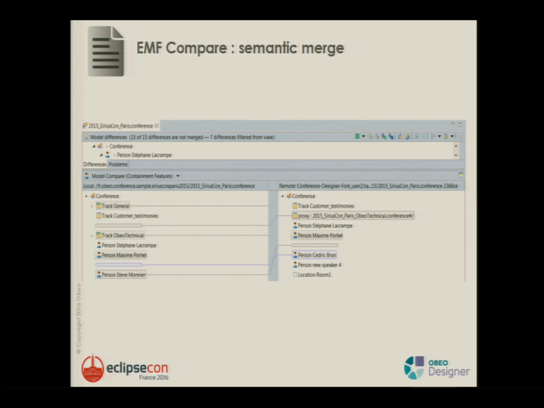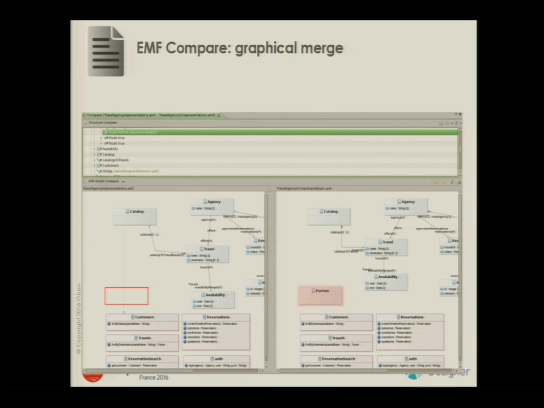For doing the merge, if I have some conflict, I can use EMF Compare, which is useful to see what the differences are, the moves, some renaming, etc. We are launching for Neon an experimental feature, which is a graphical difference with EMF Compare. So you can see all this kind of difference graphically. That's still in the early stage, but you will be able to test it for Neon.